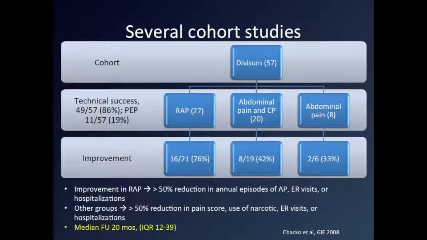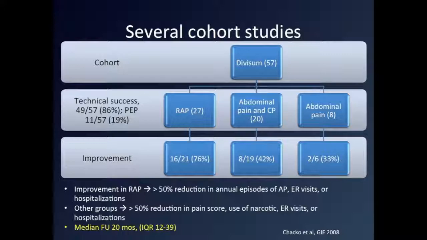And when you look at divisum, there's typically 3 subgroups. The cleanest group are the patients that have recurring bouts of acute pancreatitis, but no phenotypic morphologic changes of chronic pancreatitis. Then you have folks that have chronic abdominal pain and chronic pancreatitis, and then you have folks who simply just have abdominal pain. And the most encouraging results for minor papillotomy are seen in those with tried and true recurrent pancreatitis based on standard definitions. However, again, the definitions are a moving target,